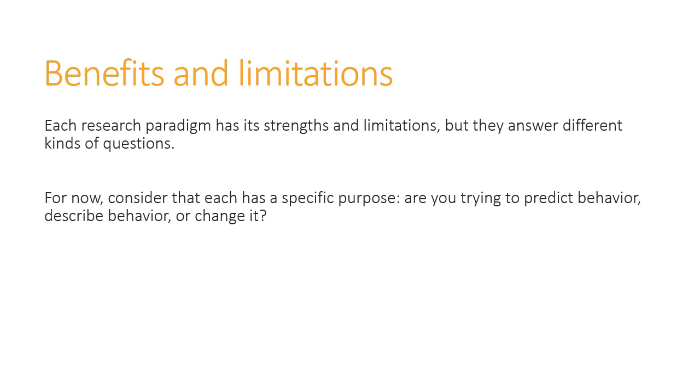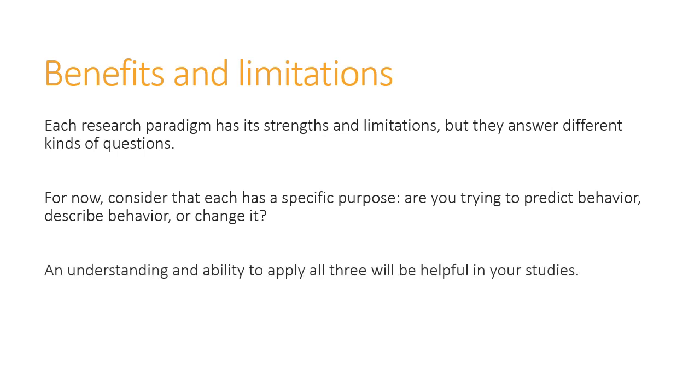So are you trying to predict behavior, describe behavior, or change it? So if you're trying to predict behavior, you're going to probably be a bit more social scientific. You want to know the relationships between variables. If you're trying to describe behavior, well, that's by nature interpretive. You're looking at it and describing it as accurately or as truthfully and faithfully as you can. Or are you trying to change people's behavior on the large scale? Well, that is critical in its nature.